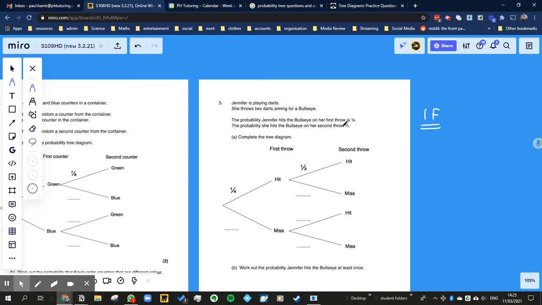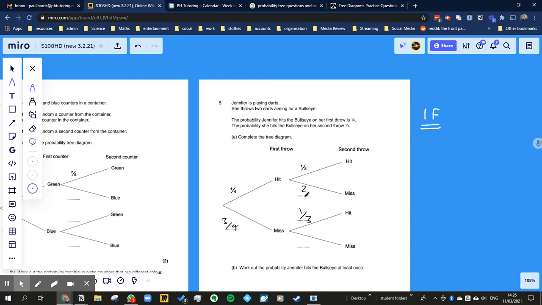Let's read the wording just to be sure. It doesn't say given that she's got a bullseye on the first throw or anything like that. So for some reason her second throw is always better than her first. I suppose that does make sense, because you correct for it. Yeah, that does make sense actually. Okay, so